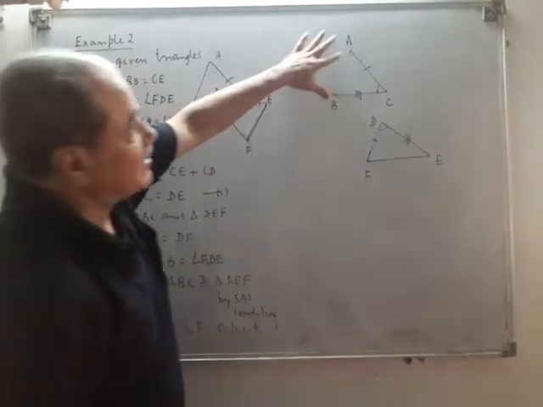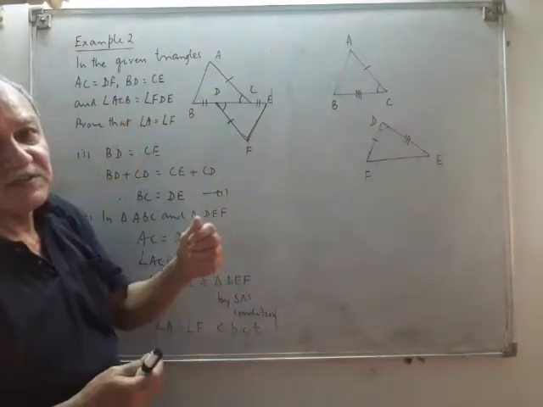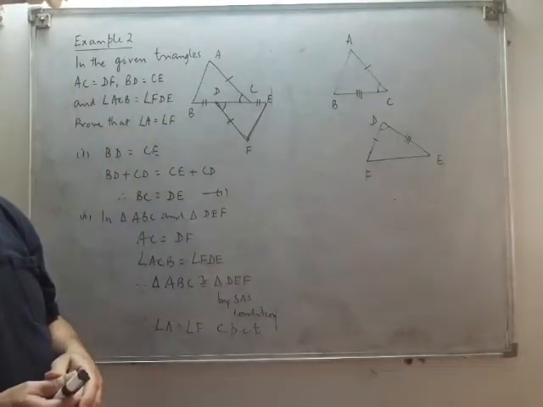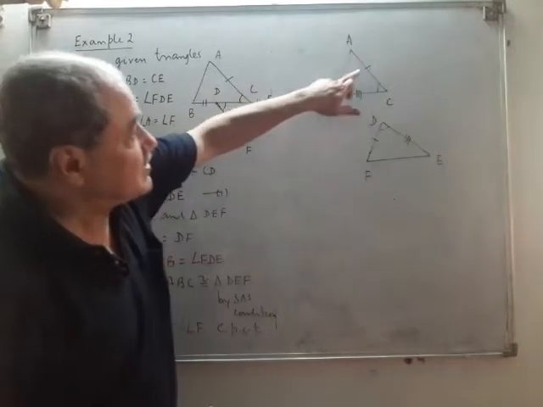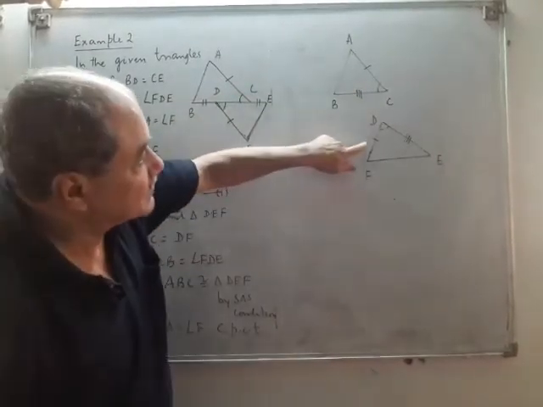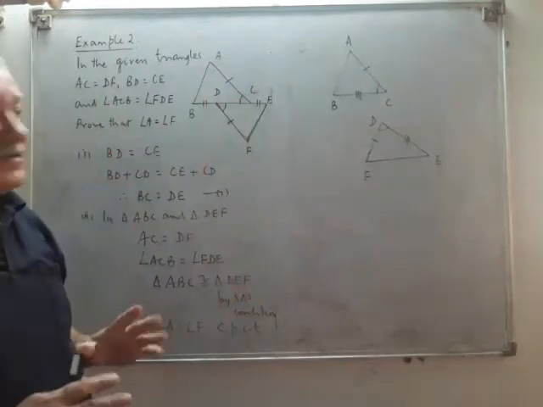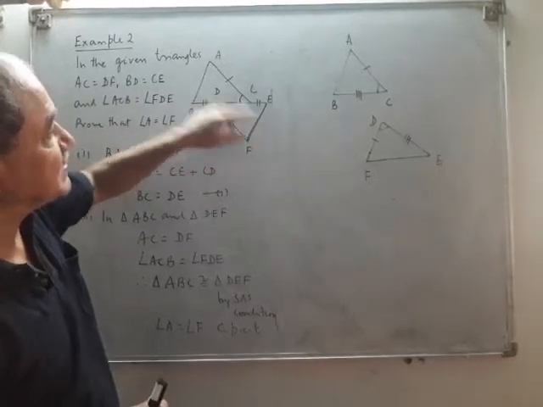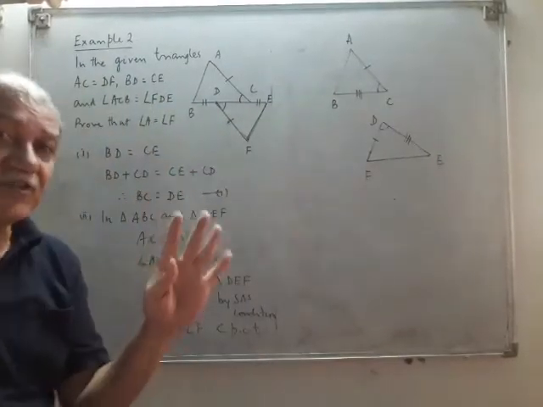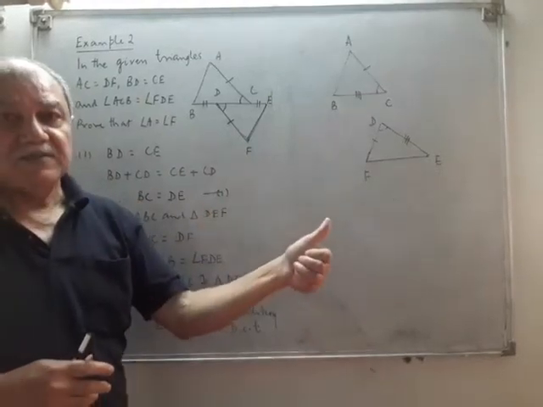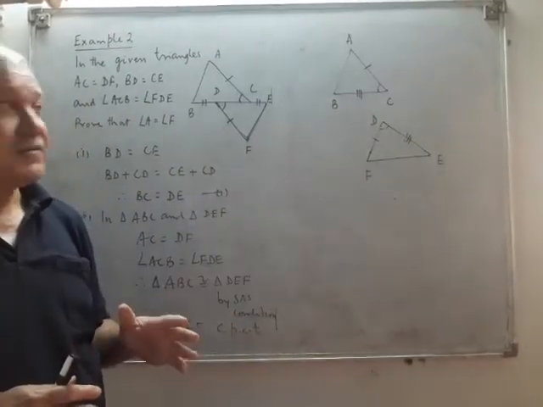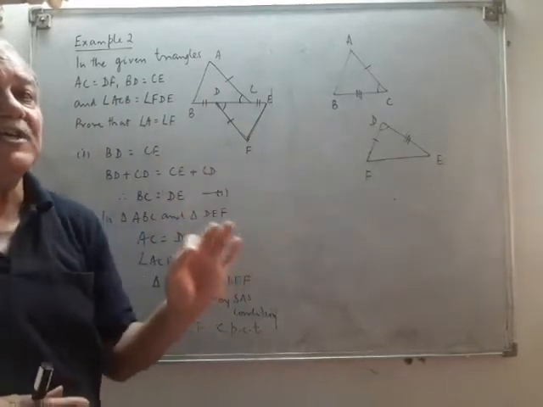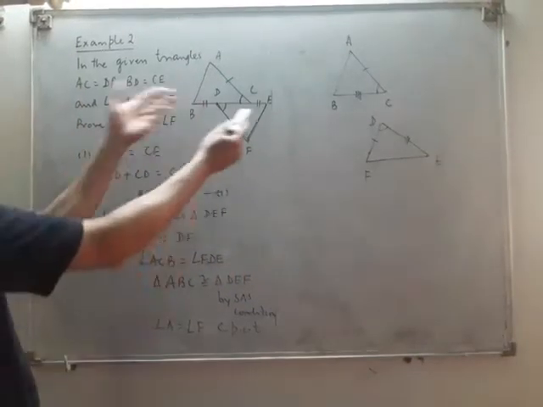Triangle ABC, here I have separated it, it's easy to work with. Triangle DEF I have separated here, easy to work with. Now what are we given? AC equal to DF. This is given, one side is equal. We are given angle ACB and angle FDE, they are equal. Now we require either one side or one angle. There is no other angle given equal, so we will work to establish one more side equal. For that, what do we do?